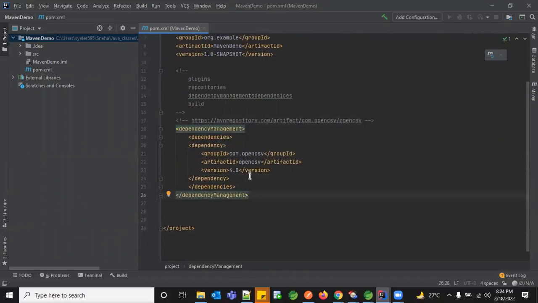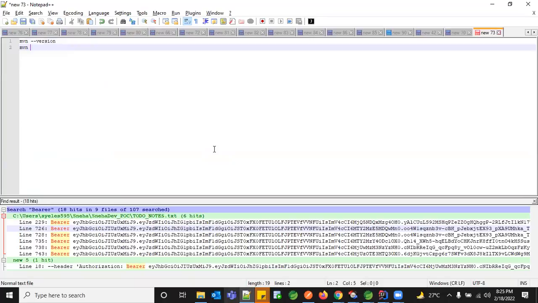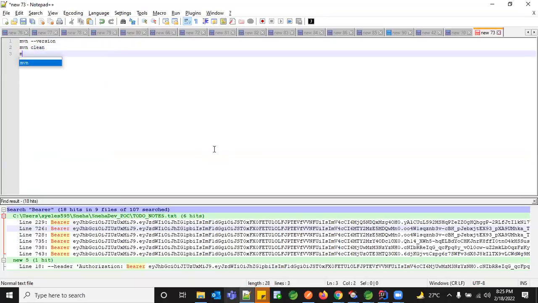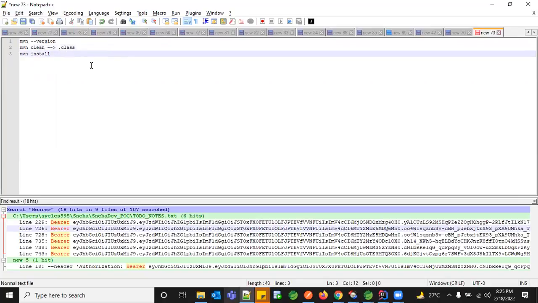To get it installed, there are commands, like how you execute a Java program. You have commands, and mvn is the command to use. The same way you use java for Java, mvn will be the key. Here you can check the version using --version. For mvn, there's something called clean and something called install. The clean removes all your generated .class files. Whenever you want to make sure that your package is very clear and does not have any uninstalled, unsatisfied or incomplete packages, you just give clean and after that you install it freshly.